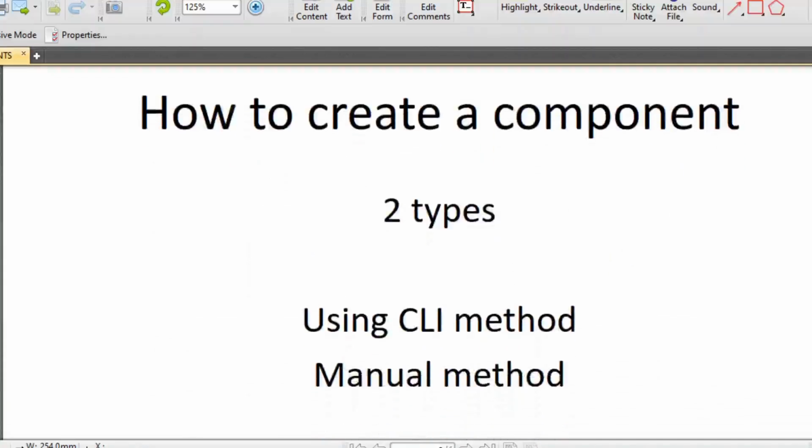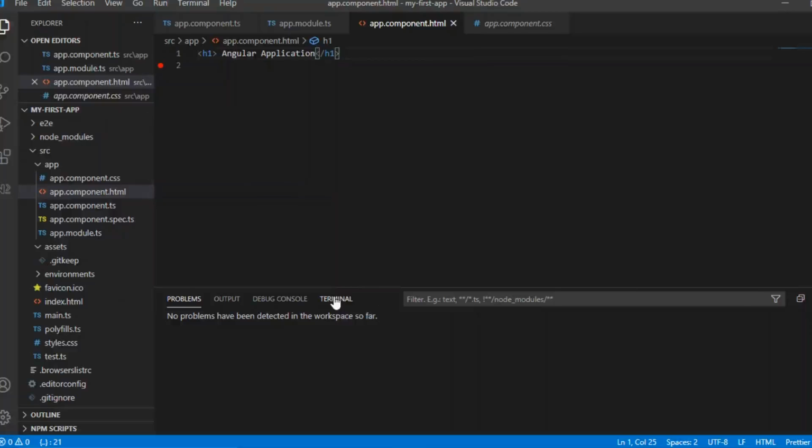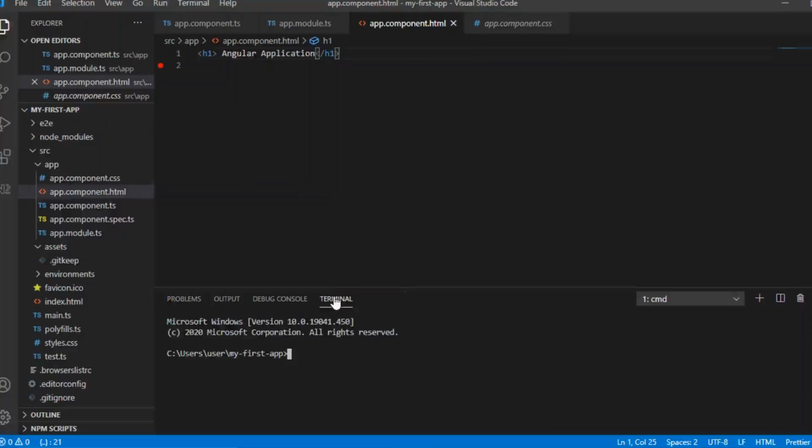Now we are going to see how to create a component. We understood what a component is and why we are using components in an Angular application. To create a component, you can use two methods. One is CLI and another is the manual method. For the CLI method, you go to the terminal.